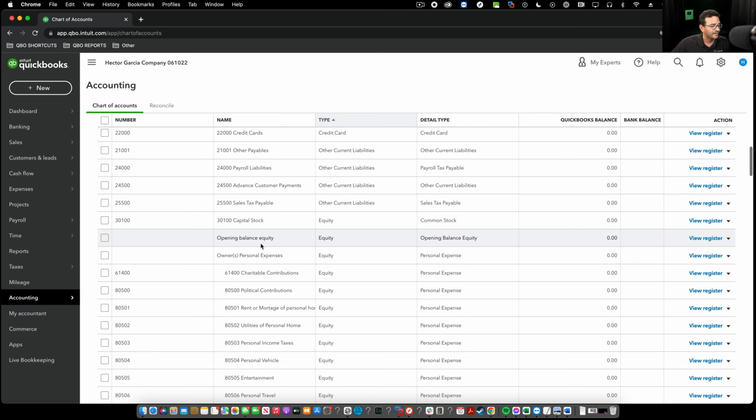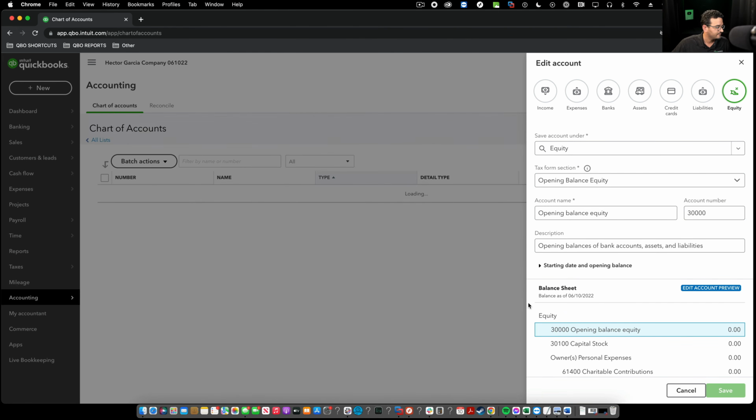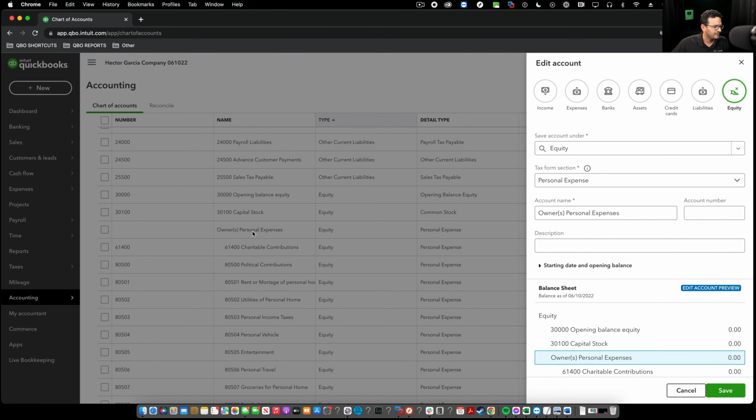Let's go down here, opening balance equity. So that's always going to be 30,000. Again, we can't get rid of it. And then, yeah, this one. I don't know why this one didn't come in. Probably because it was already there. So this is going to be an equity account. So this should be a 3. So let's do